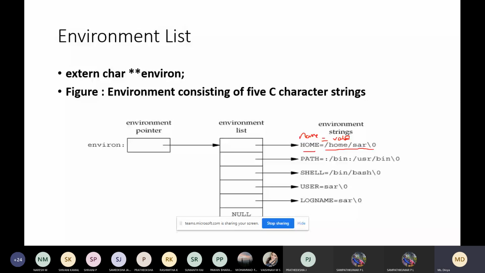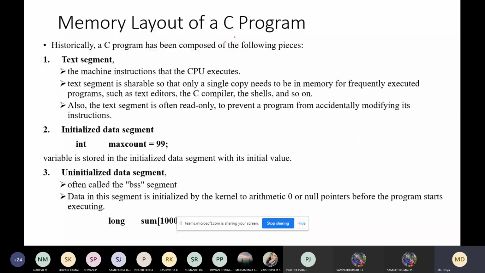The next topic is memory layout of a C program. Even this topic is a very simple topic where we'll be discussing the different types of memory, how we can deal with the memories, which you have already studied in data structures, about the concept of allocating the memory, deallocating the memory, freeing the memory, what is stack, what is heap. All these concepts will have a brief introduction here. So a C program is composed of the following pieces of memory. We'll be studying different types of memory layouts here.